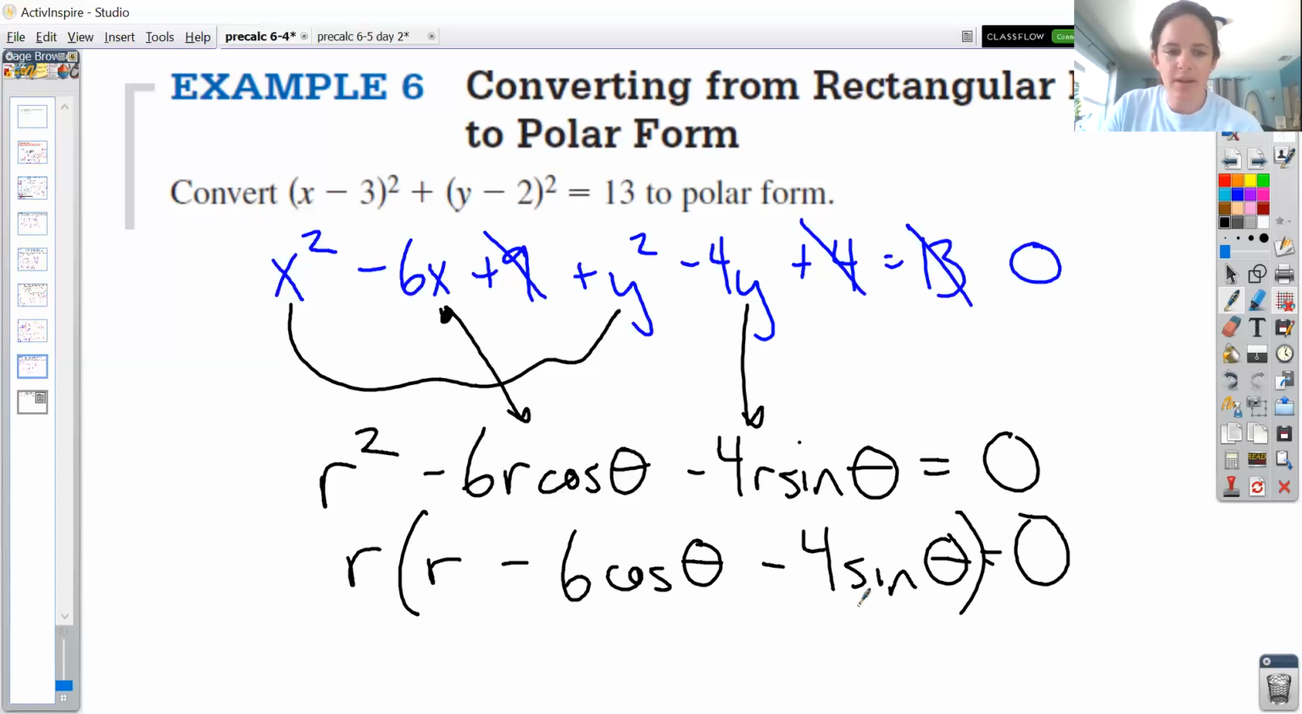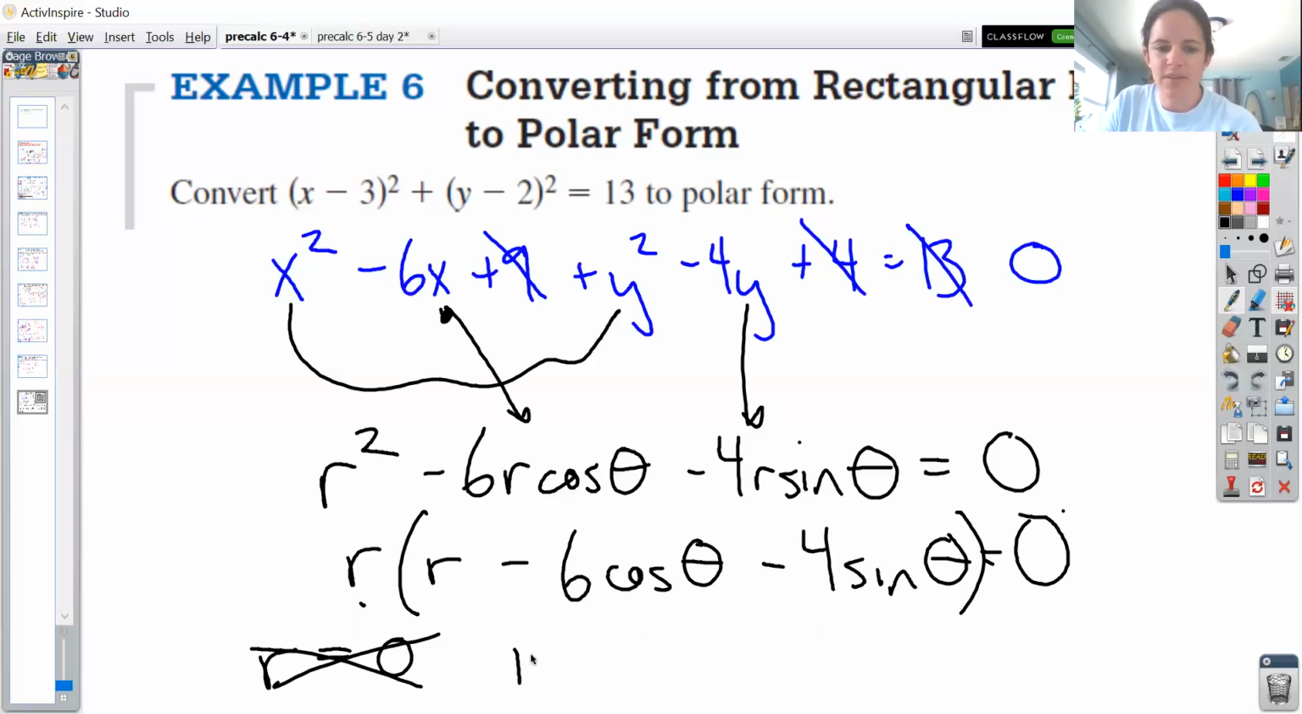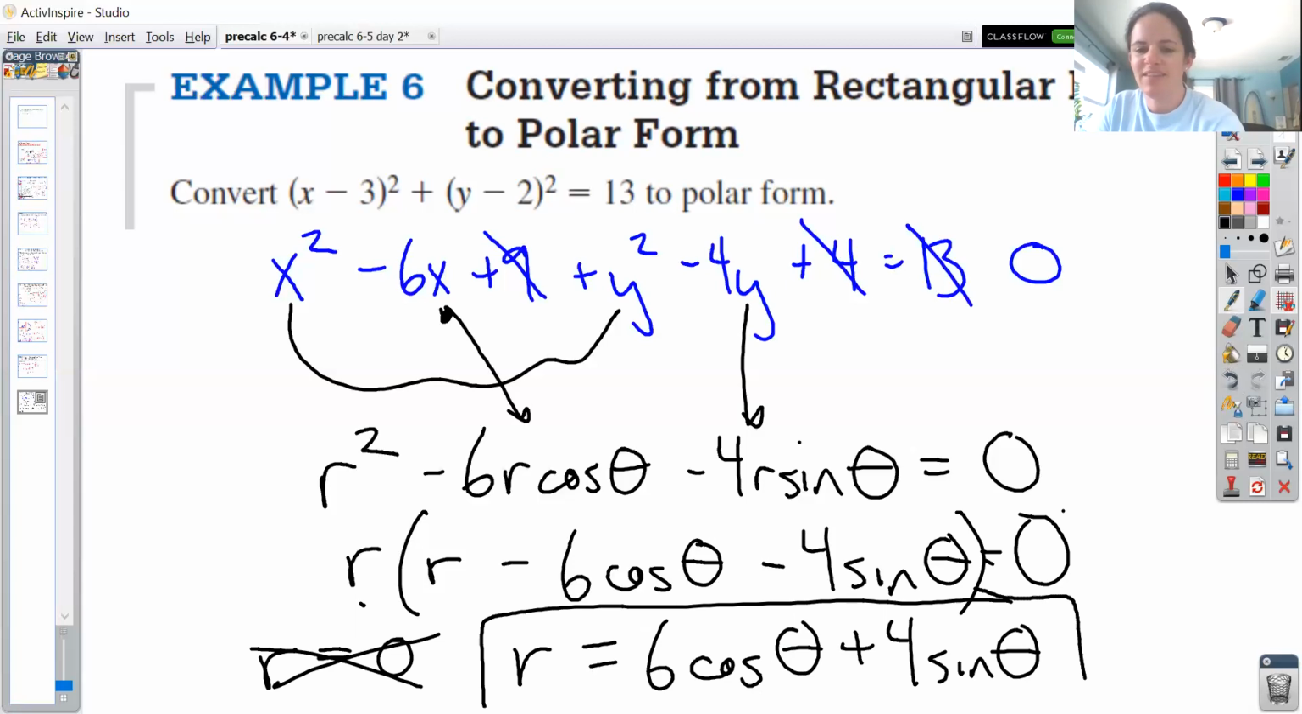However, then the zero product property says either r equals 0, which I know is just, if the radius equals 0, then I'm at the pole, which would just be 1 point at the origin, which is not what I'm looking for here. So I can have r equals 0, but guess what? That's not the right one. I have this factor that would equal 0. And so if that factor equals 0, then we have r equals 6 cosine theta plus 4 sine theta, because you're just adding those two terms to the other side. And so I'm getting excited, throwing my stylus around. So there you go. So r equals 6 cos theta plus 4 sine theta